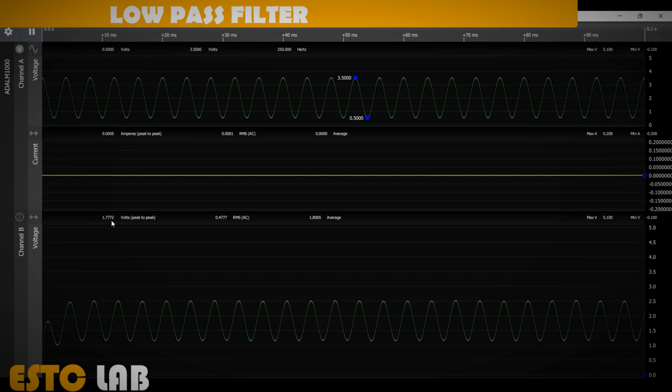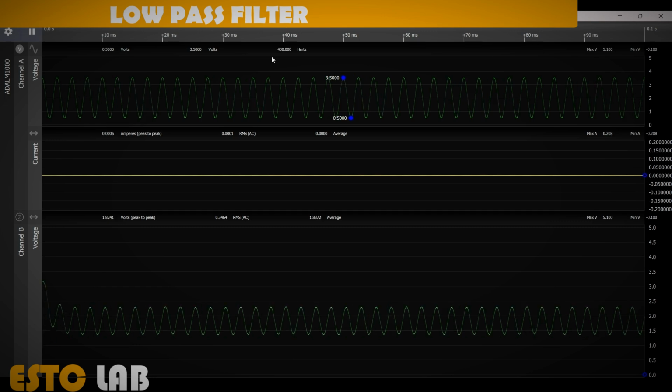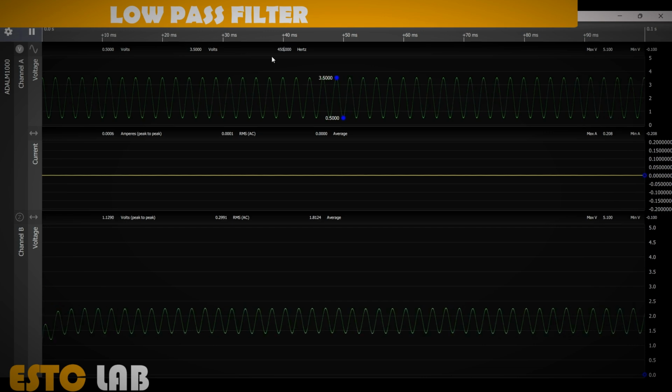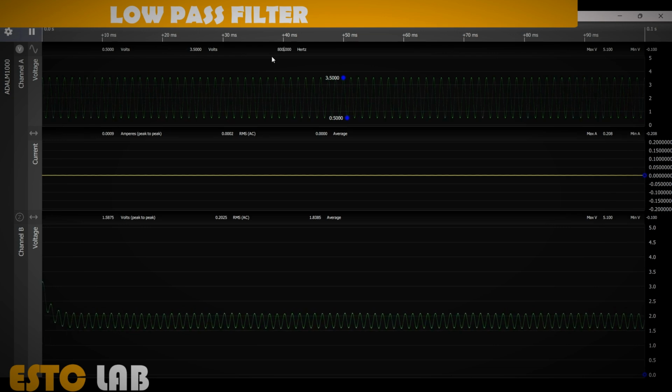At 300 Hz, it is 1.4. At 350 Hz, this is 1.1. At 400 Hz, 0.9. And at 450 Hz, this is 1.08. At 600 Hz it is 0.72. At 800, it is 0.8. At 1000 Hz,